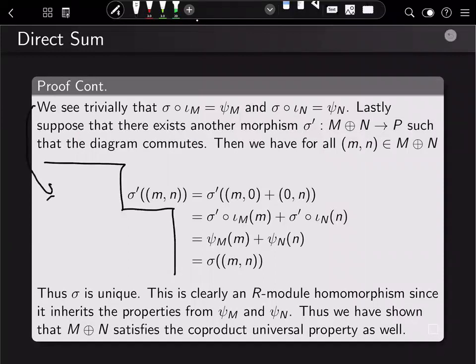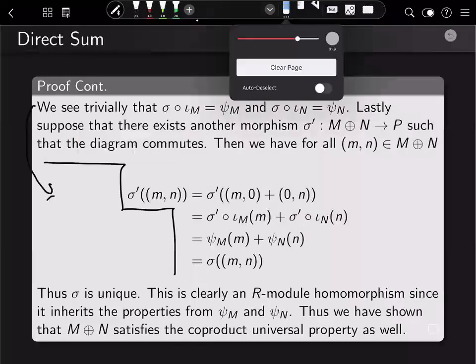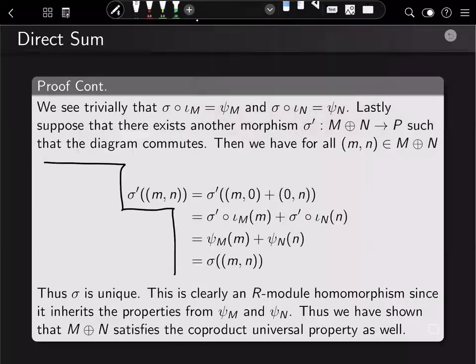For this guy over here, we see that sigma composed with iota sub m, let's say applied to m,